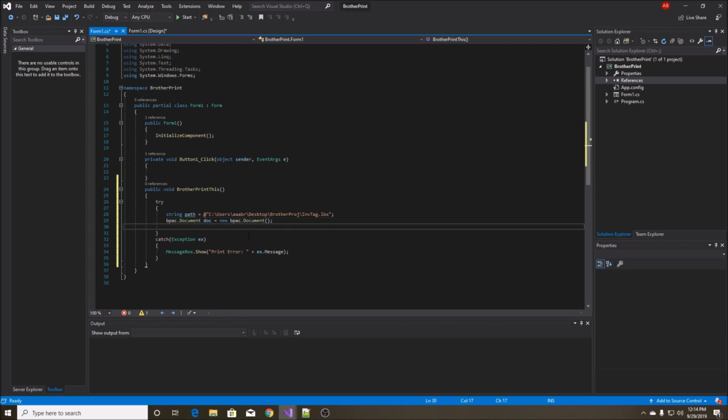And you're going to want to open up the document. So you go doc.open, and you're going to want to put in the path. You could just put the path directly in there, but you might want to refer to the path later on as you expand your project, so forth. Anywho,